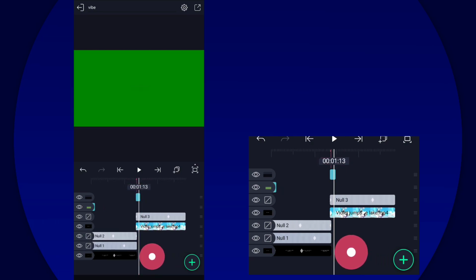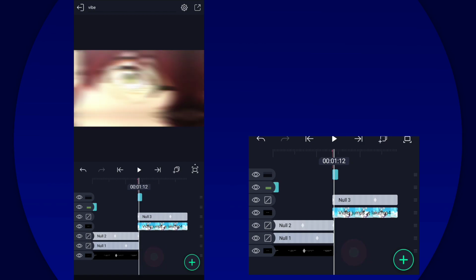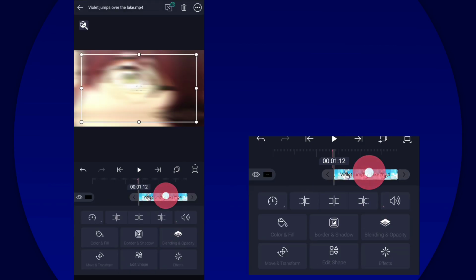I'm actually going to trim the second layer by 1 frame. You can see me doing that here,